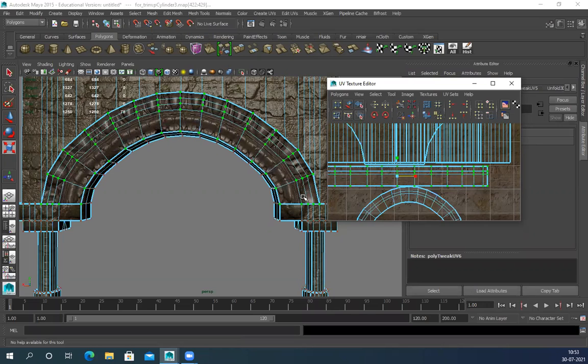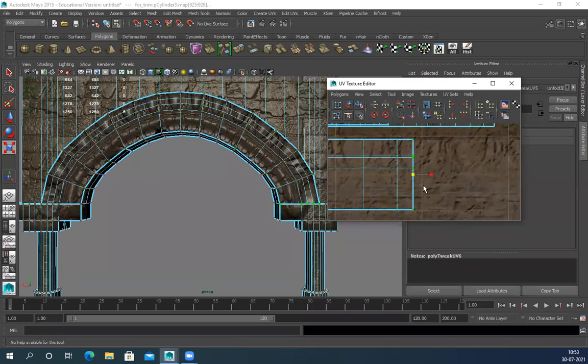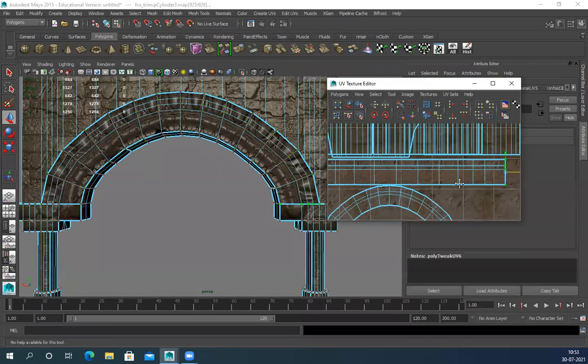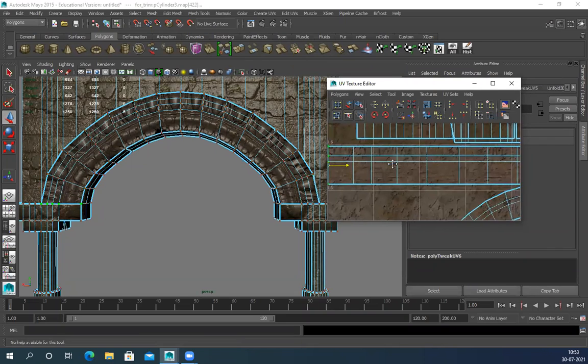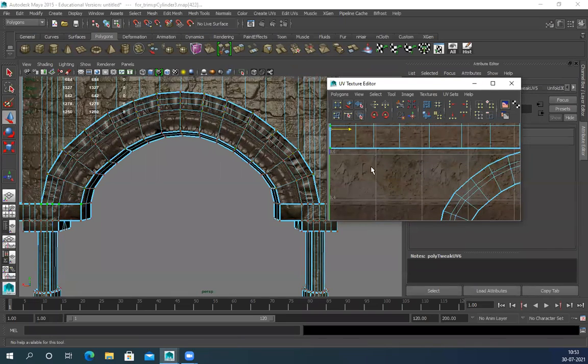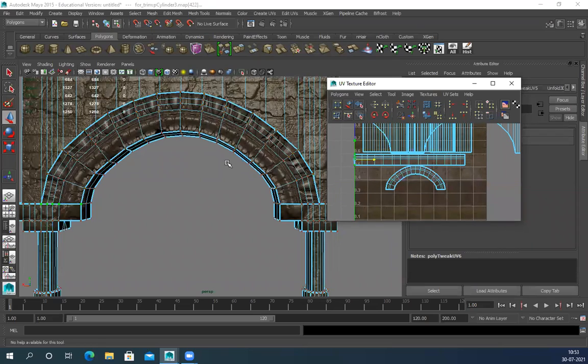On the sideways I can see there's slight stretch, so I have to fix those things. If you're using 2020, 2021, all these things won't happen. It will automatically be fixed. So I can unwrap this entire thing straight like this and overlap one by one.